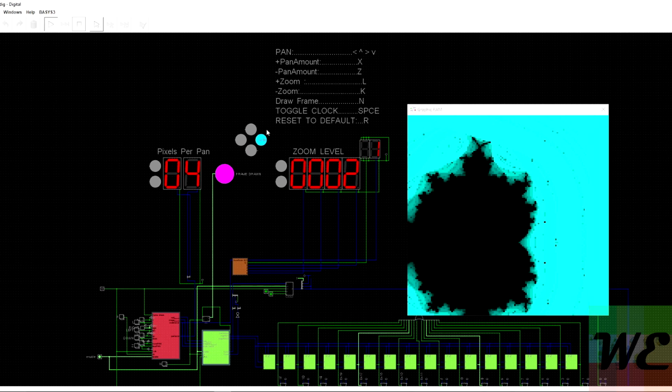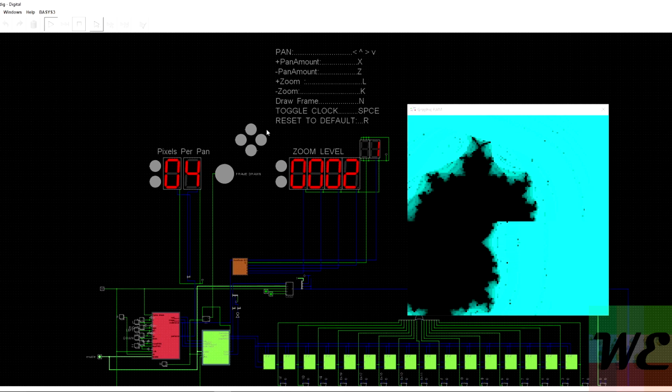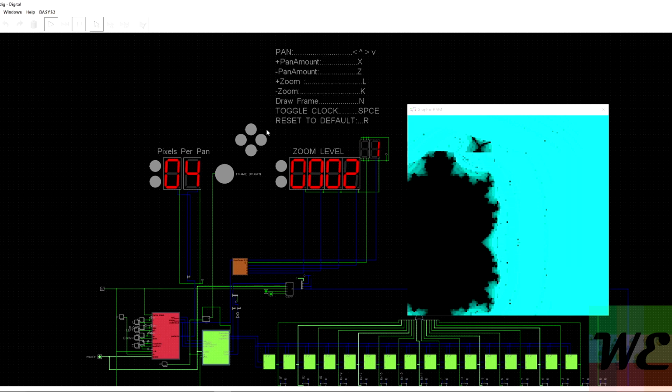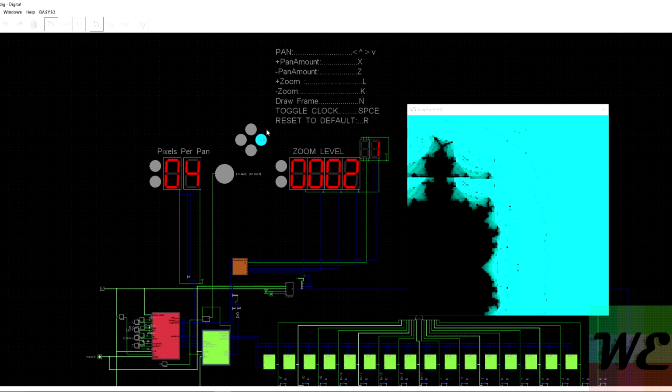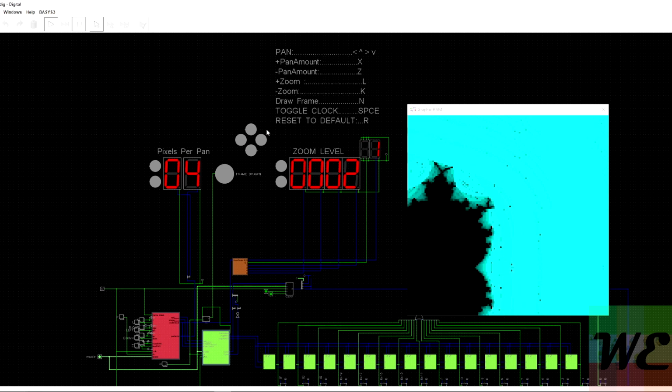We'll move to the right a bit more, and up a little bit, sorry. There we go. We'll move to the right just a little bit more and redraw. Now we're going to increment our zoom level again. We press L, it'll go to 4x, we press N, and redraw our frame.